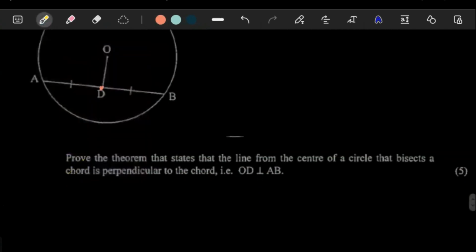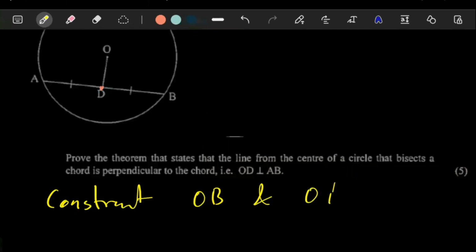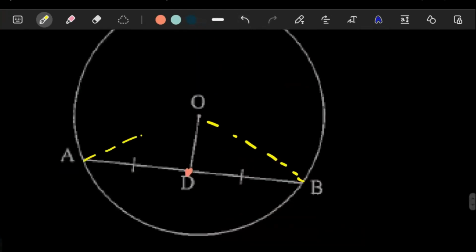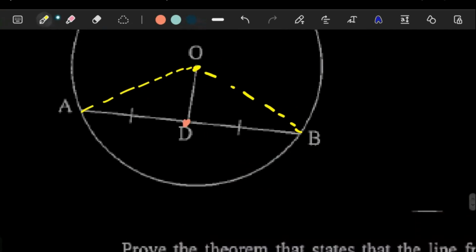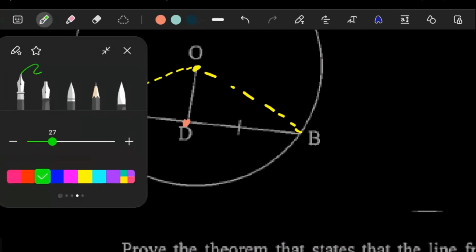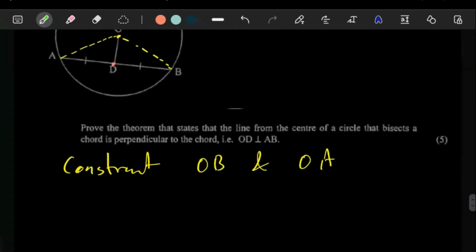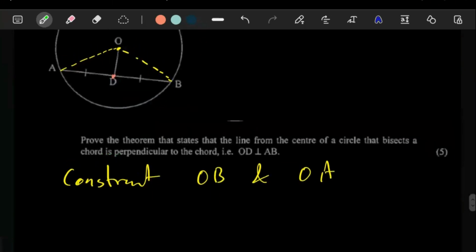So construction, we have to construct OB and OA. So what you're doing with these constructions is, you want to prove that these two triangles are congruent. Now, the moment you prove that the triangles are congruent, you would have proven that either of the two angles is 90 degrees. So for congruency, you have to prove that three things are equal, but not three angles. So here you're going to say in triangle